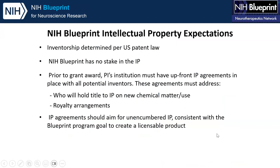Intellectual property expectations, I mentioned it at the beginning. I'm going to reiterate it here. Inventorship is always determined by U.S. patent law. There's nothing we can do about that. So your collaboration with our consultants and our contractors means that you will have inventors that are not part of the institution. But Blueprint is not seeking any stake from the NIH side in what you're doing, and we set up our contracts that way so that